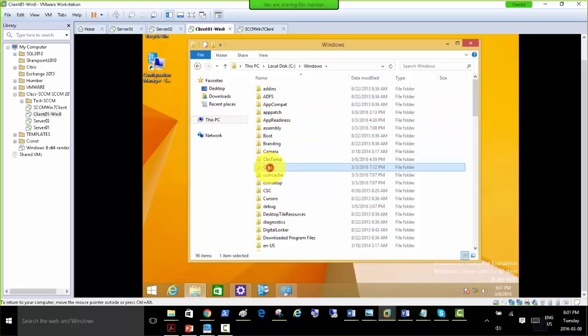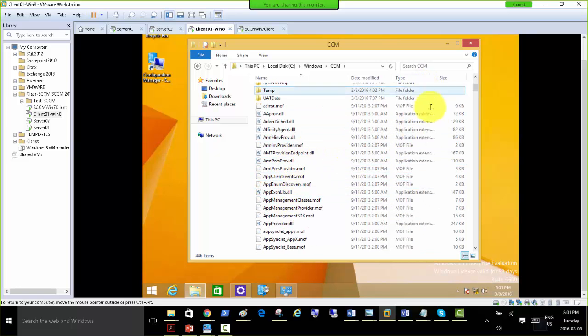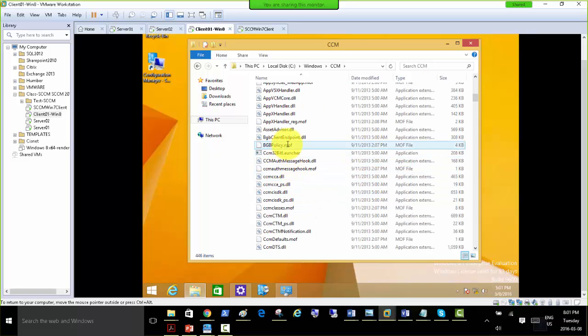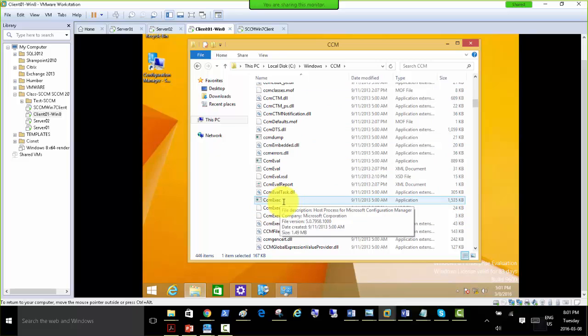Windows and then CCM. A CCM folder is inside the C drive, and then the Windows folder, and then here you should have the bin. So I'm just going to go directly and try to check for the CCM file. There it is. One is this application. So I'll just quickly click anywhere and type CC. Well, every other file is CC here. So CCMEval, CCMExec. Okay. Once we have this file here,